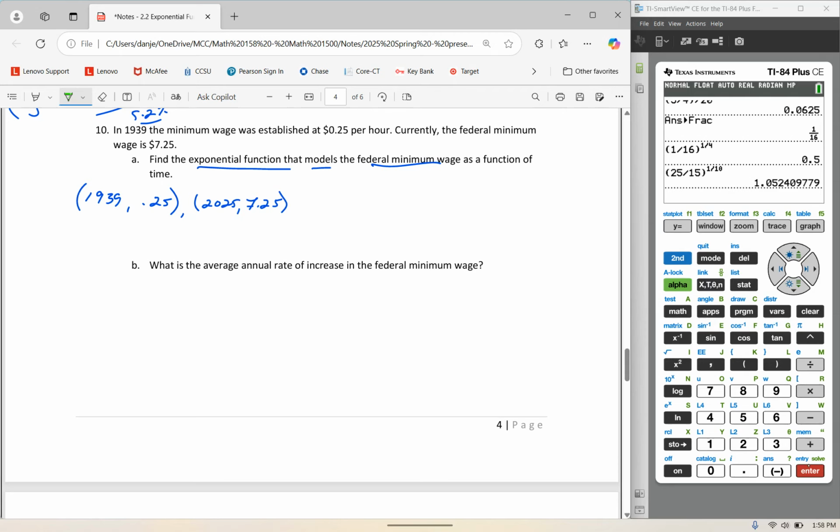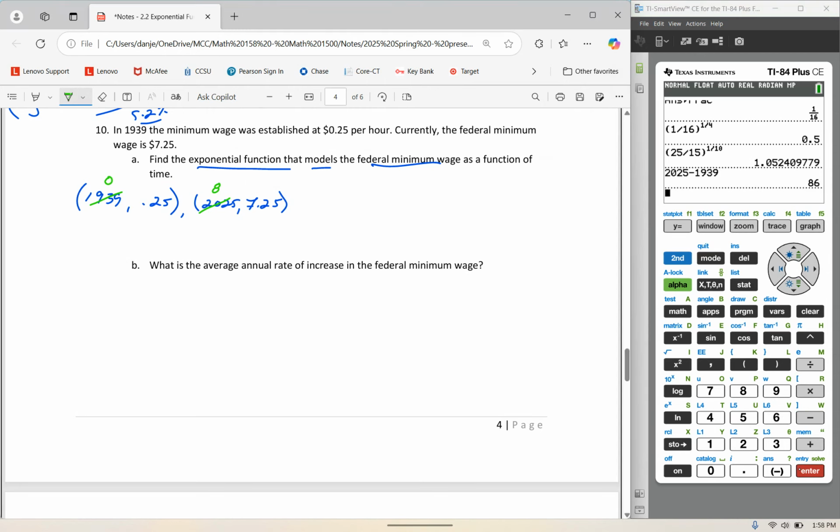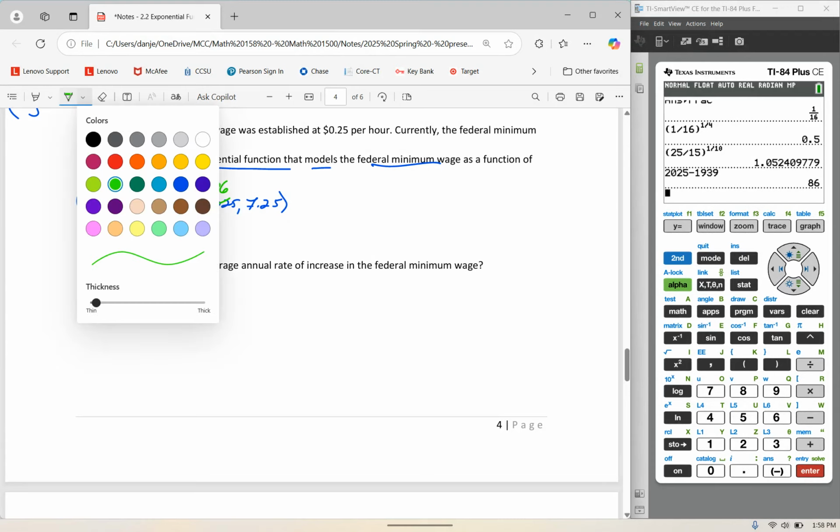What I'm going to do is I'm just going to let x represent the number of years since 1939. 2025 minus 1939 is 86. It's currently 86 years since 1939. So if I use those x values, 0 and 86,